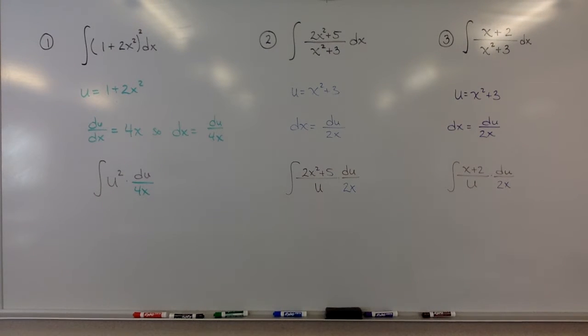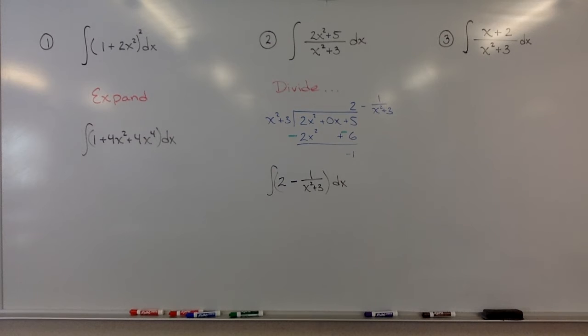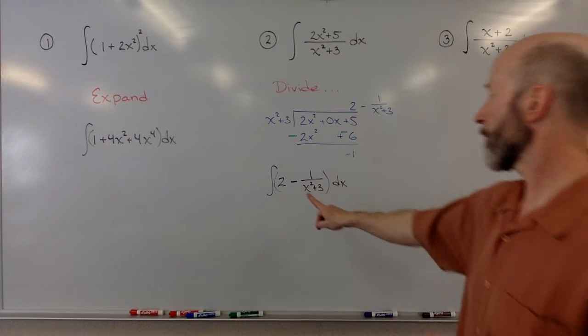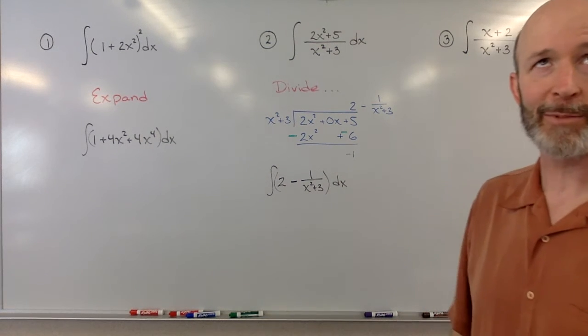So here are some quick methods that hopefully you remember. For example 1, we're going to rewrite this problem. We're going to expand it. FOILing that binomial gives us a nice, easy power rule. Super simple. Number 2, if the numerator is a higher degree or an equal degree, you can rewrite the problem by dividing. When you divide, and in this case we have to use long division, your quotient, the answer to the division problem, will be put back in here. And now we have a very easy power rule and one of our special rules that we learned in late